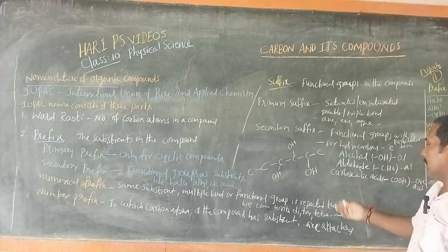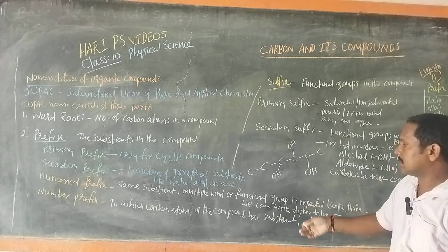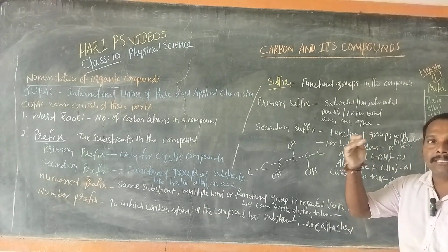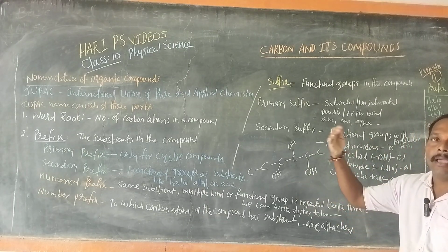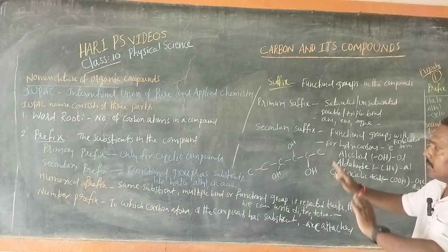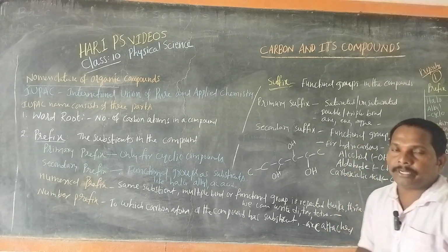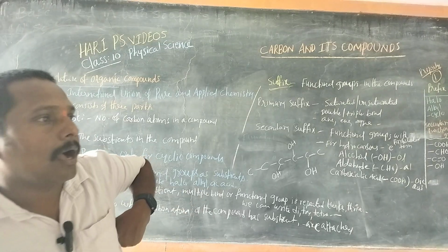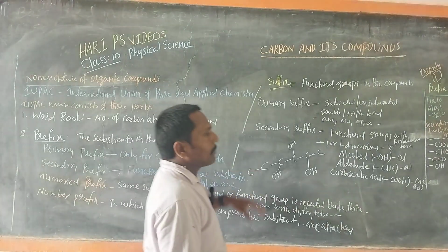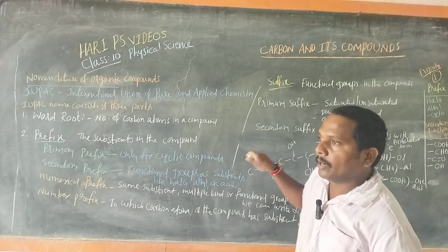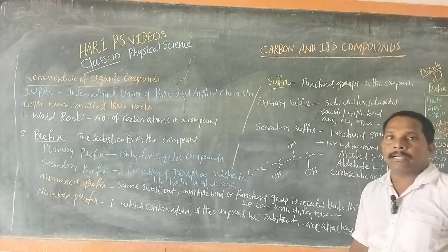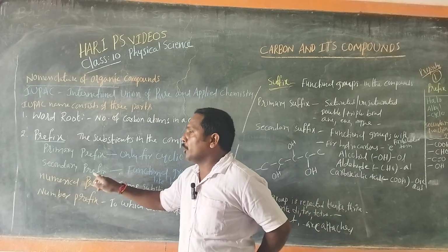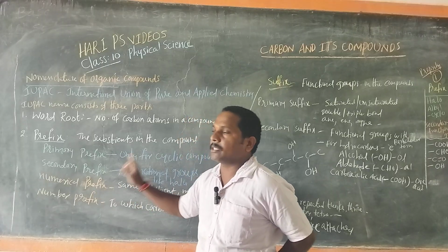So repeated twice, thrice, we can write them as di, tri, tetra, penta, hexa, like that. So how many substituents are attached to or bonded with the carbon atoms, we take it as